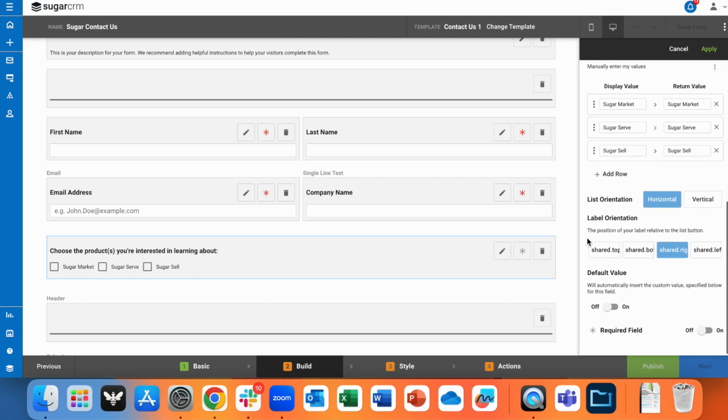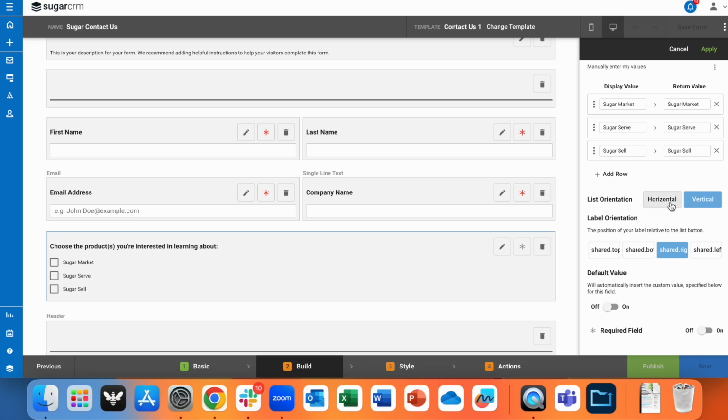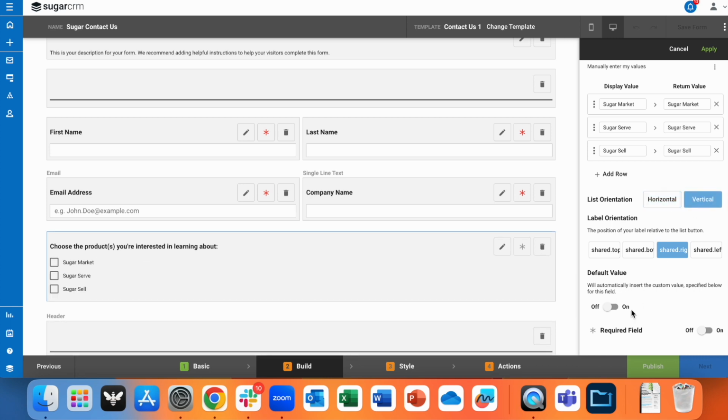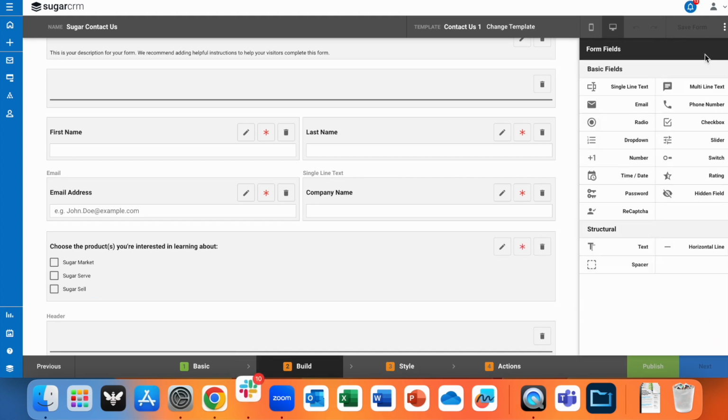I have options to adjust the list or label orientations. And I'm also able to add a default value too if necessary. And for this example, I'll make it a required field. When ready, select Apply. The final display field that I want to add is a drop-down to inquire about where